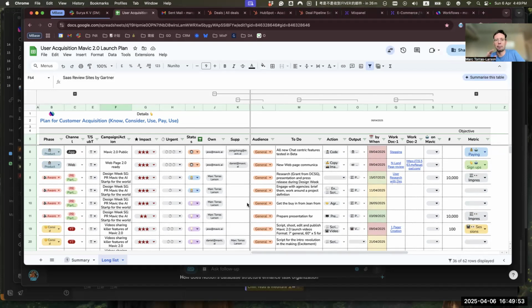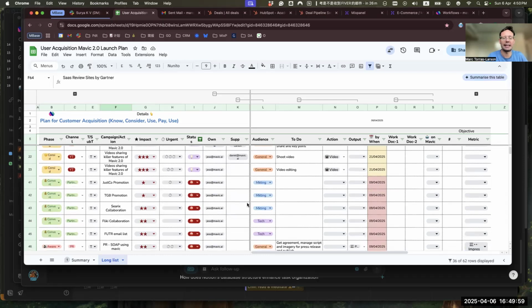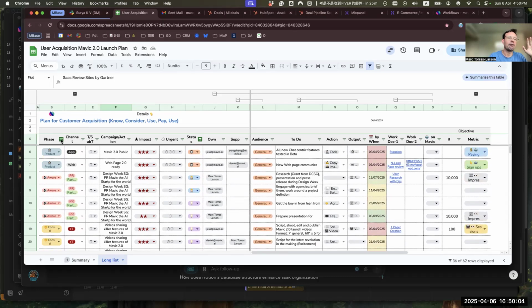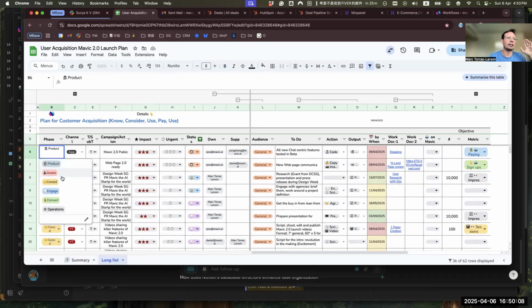I think we're going to do that in parallel because there are a lot of operational activities here that won't have metrics. These are not so much campaigns. Doesn't matter. Here, the key factor you need to look at is phases. This is the key thing. What are we doing? Okay, sorry, I'm looking at this.